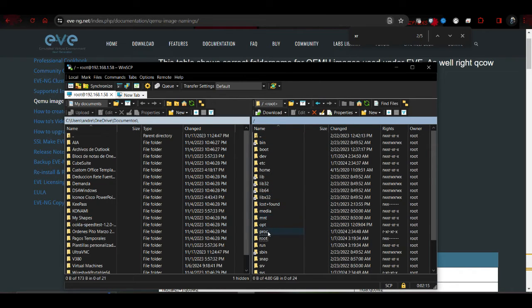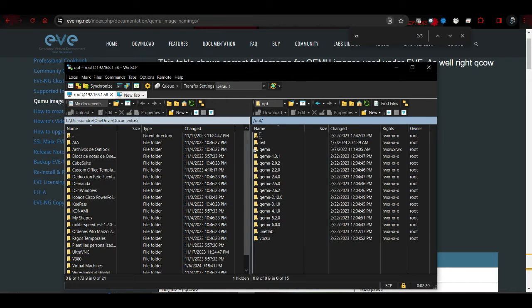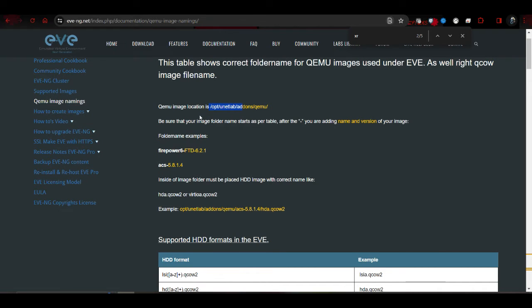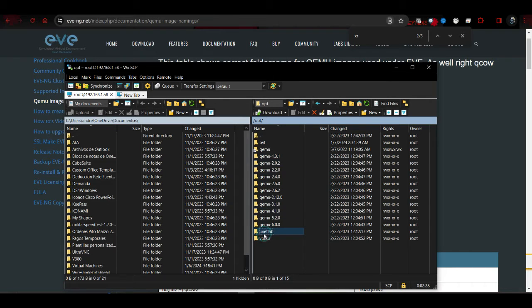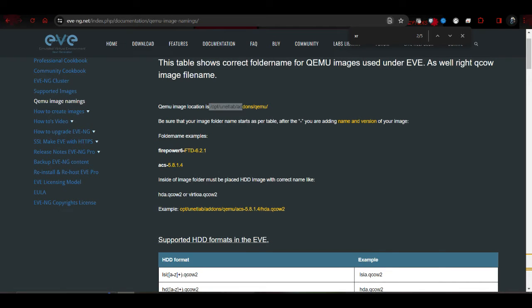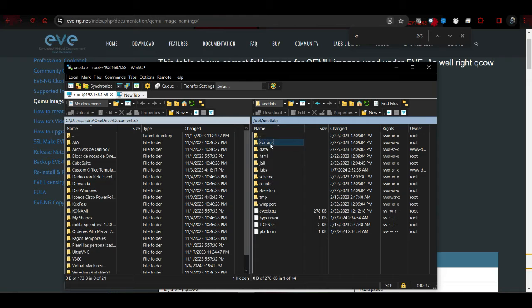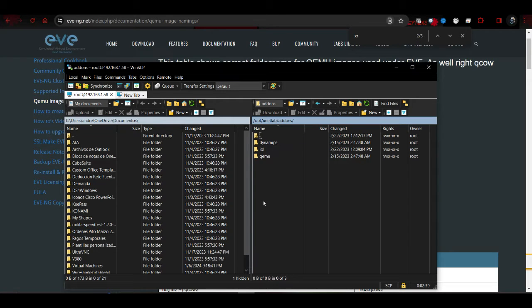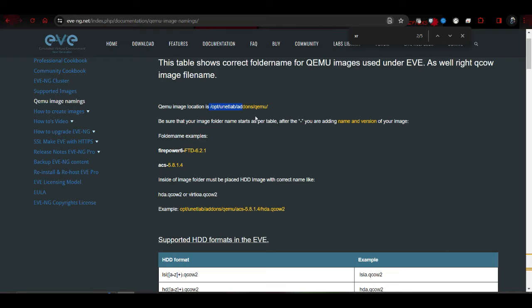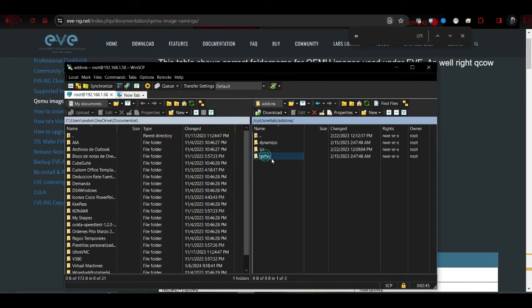Very simple. Click here and search the directory of opt. Next, unetlab. Okay, here unetlab. Next is addons. Okay, addons, right? And the last one is QEMU. Okay, this is the path, this is the location, and now in the left side